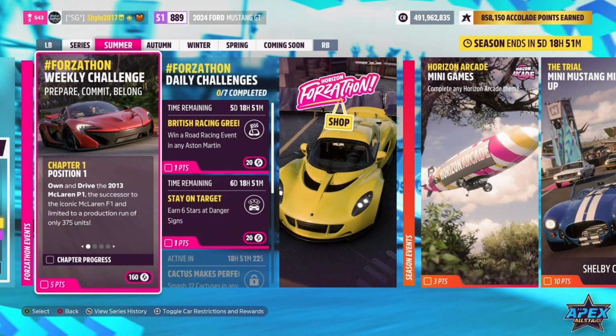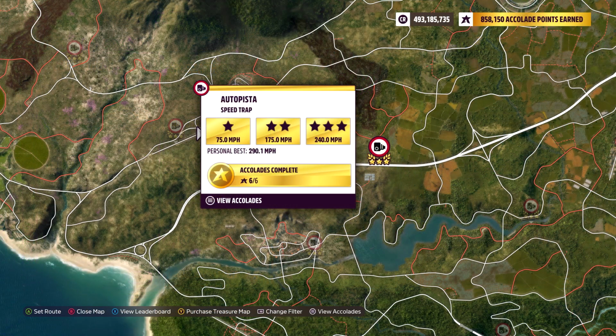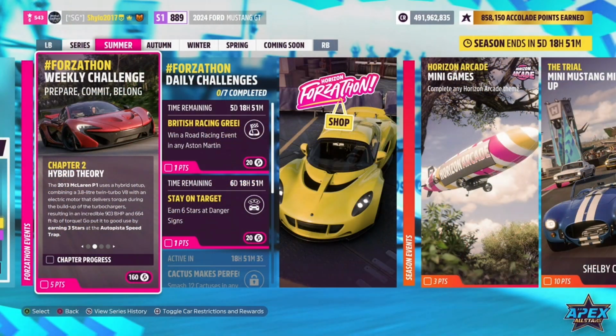So once you're in your McLaren F1, you can move on to Chapter 2, Hybrid Theory, which wants you to earn 3 stars at the Autopista Speed Trap. And that speed trap is located on the highway, and specifically, and I'll drop in another screenshot here, it is just right here, kind of towards the western side of the highway there, and if you approach it from the east, you'll actually be going slightly downhill when you come through